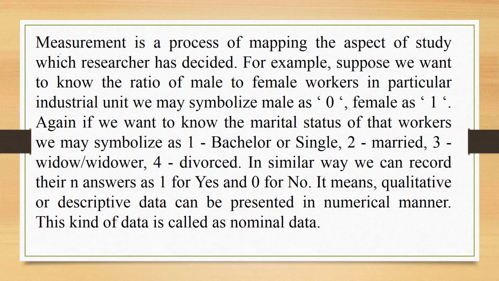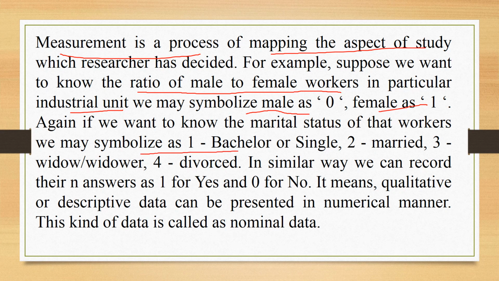Measurement is a process of mapping the aspect of study which the researcher has decided. For example, suppose we want to know the ratio of male to female workers in a particular industrial unit. We may symbolize male as 0 and female as 1. Again, if we want to know the marital status of those workers, we may symbolize this as 1 for bachelor or single,